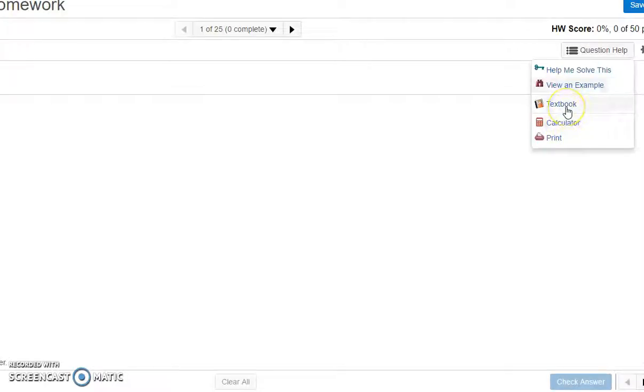You can also click on textbook. It'll bring you to that place in the textbook. You also have the calculator option. It'll bring up an on-screen calculator for you. If I click on